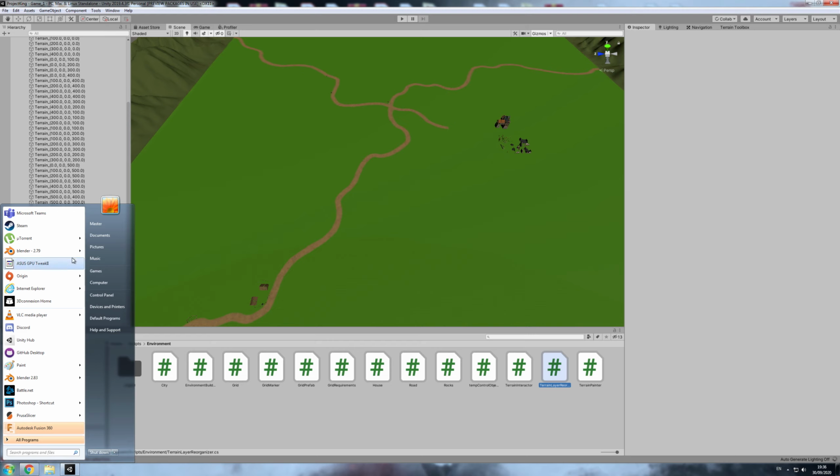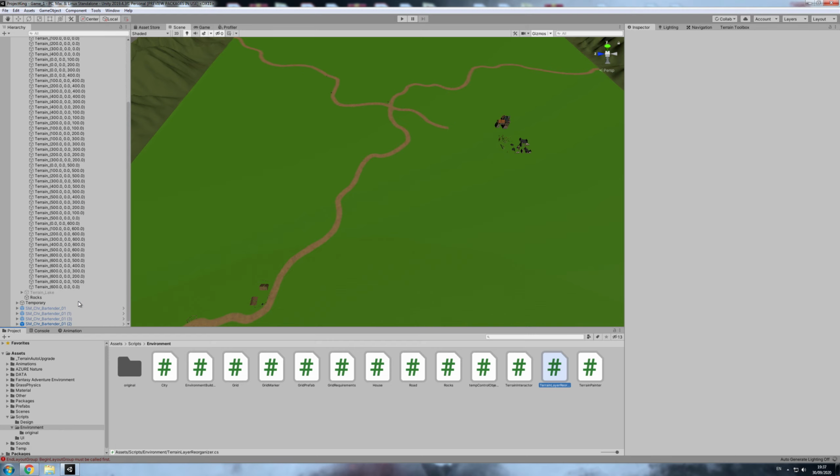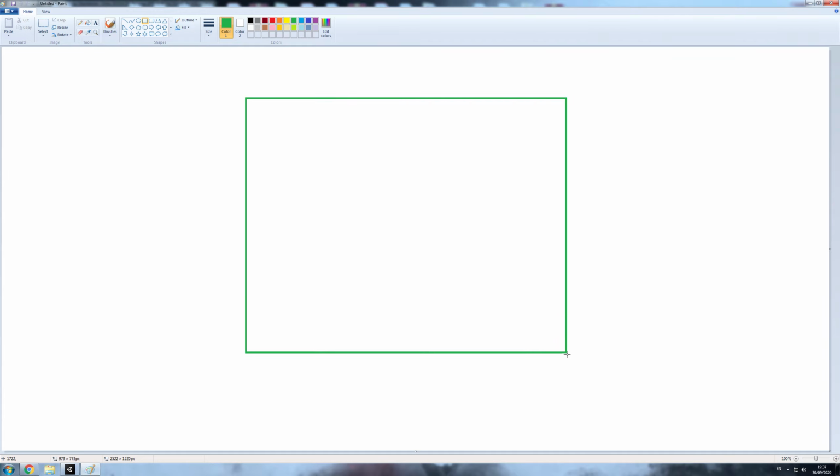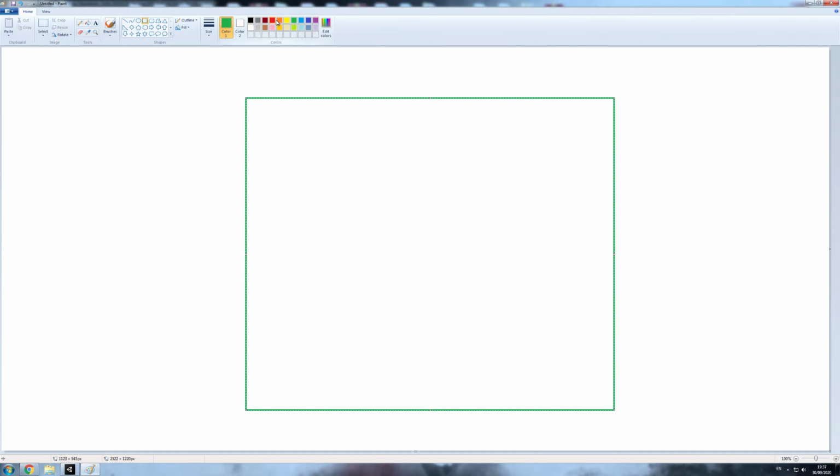So let's make a small plan in Paint, so we can fully understand first of all what we're trying to achieve and what we are going for. So the alpha map, I'll put in green, has all the pixels, as we discussed in the previous lesson. So we have all the pixels. Yep. So we ignore the level